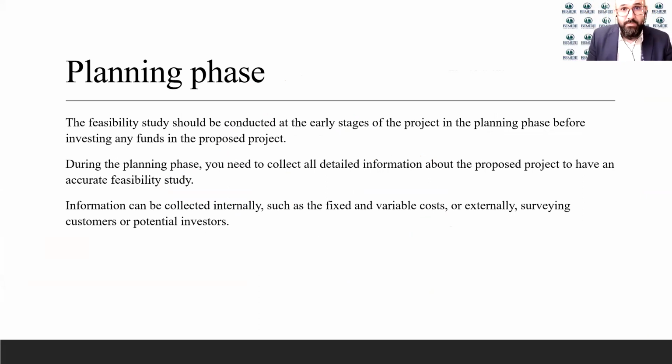So the more details, the more accurate you will be. Information can be collected internally or externally. Internally from the accounting department, asking them about the total cost, including the fixed and variable cost, or maybe surveying customers. So let's say you're going to open a business in your area, before you do this, you need